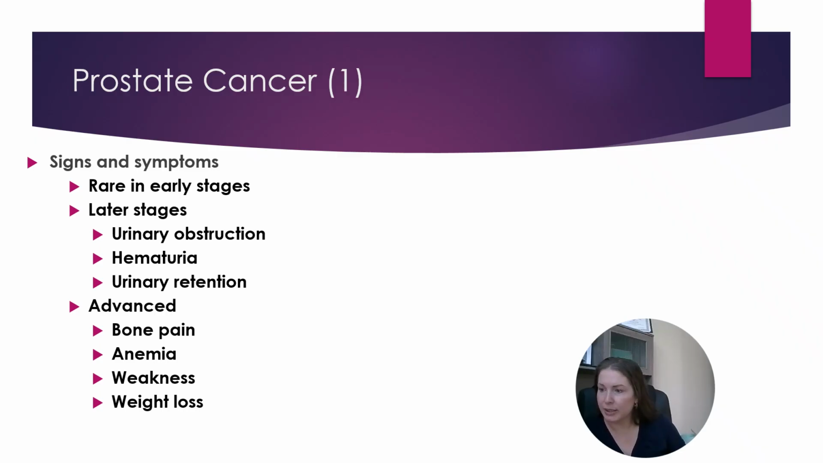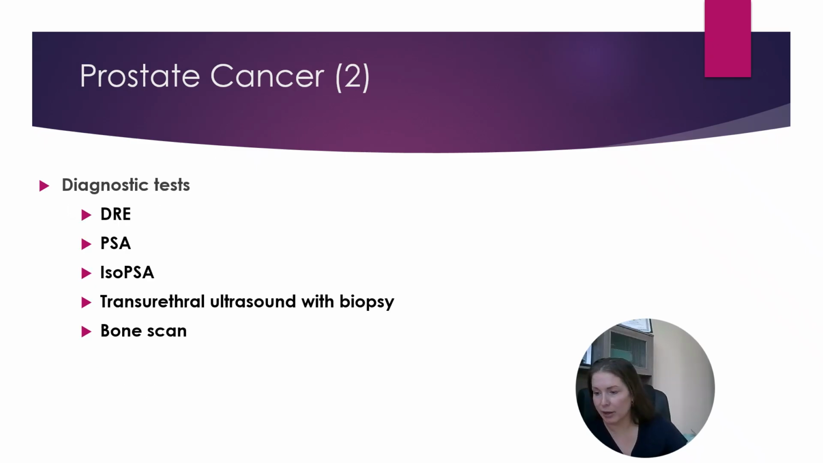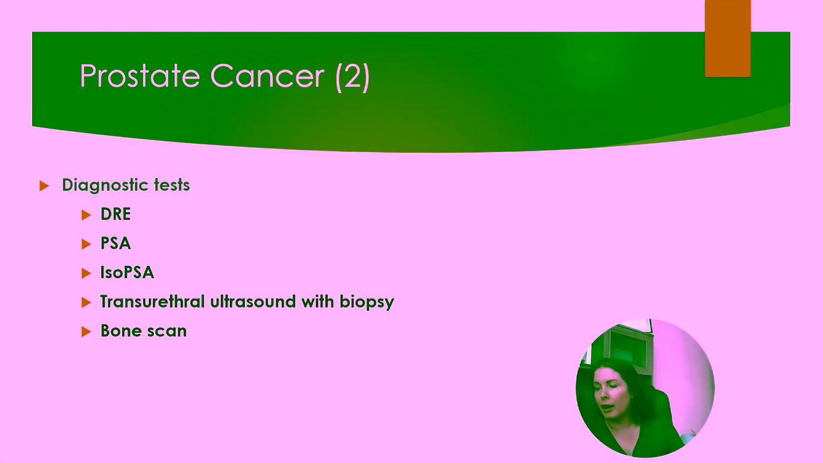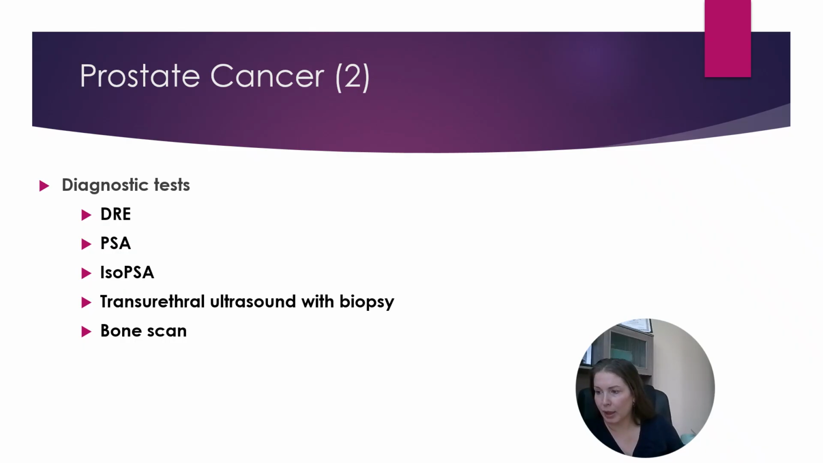Okay, so signs and symptoms. It's rare to have symptoms in the early stages. In later stages, we're going to have urinary obstruction, hematuria, and urine retention. In advanced stages, we're going to have bone pain, anemia, weakness, and weight loss. So we have our diagnostic tests, a lot of them that we've seen before, that digital rectal exam, the PSA,